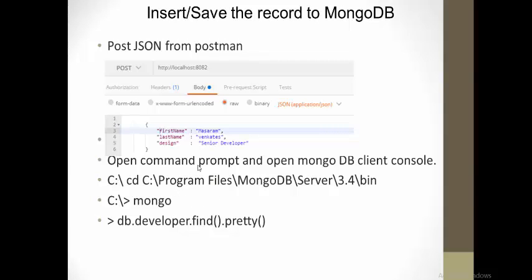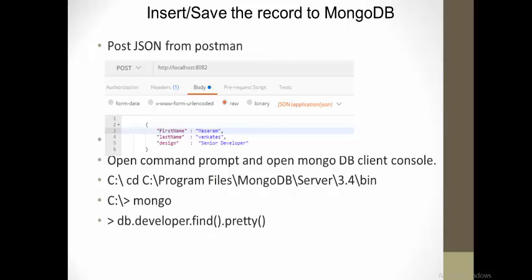Then you need to open the MongoDB client, navigate to this path using your DOS command prompt, and execute the mongo command. This will open the MongoDB client console. By giving this command db.developer, where developer is the collection, .find().pretty(), this will give you all the documents stored in the developer collection.